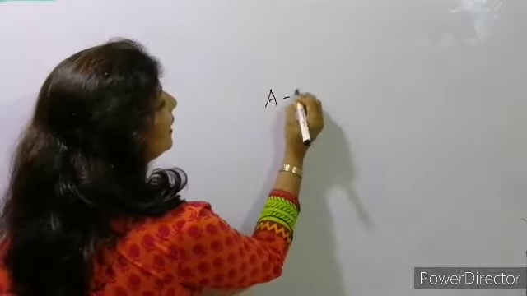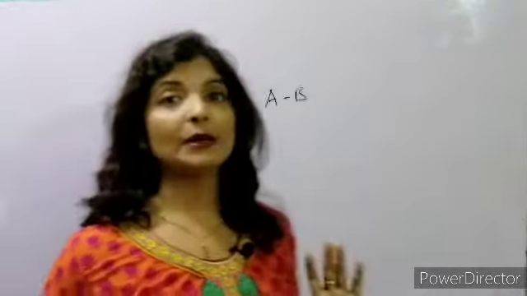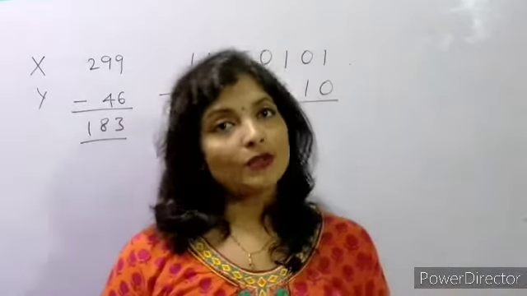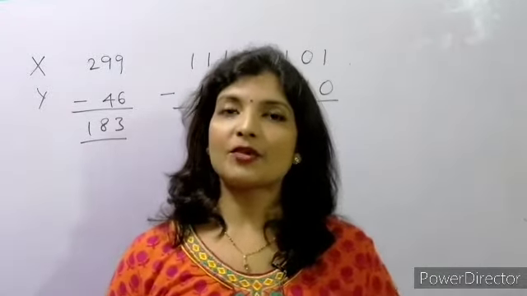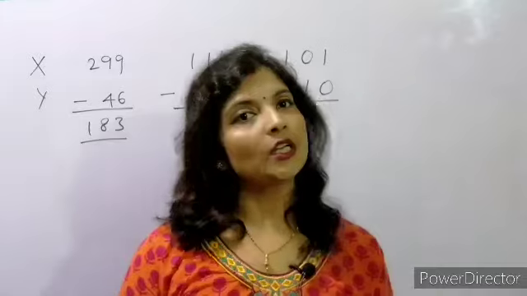Subtractor means subtraction. We have two numbers A and B, and we have to subtract B from A. We have two methods. Either we can subtract B directly from A, or the second method is we can find the complement of B and add that complement to A. Before seeing the half subtractor, first we'll see subtraction as a binary arithmetic operation.